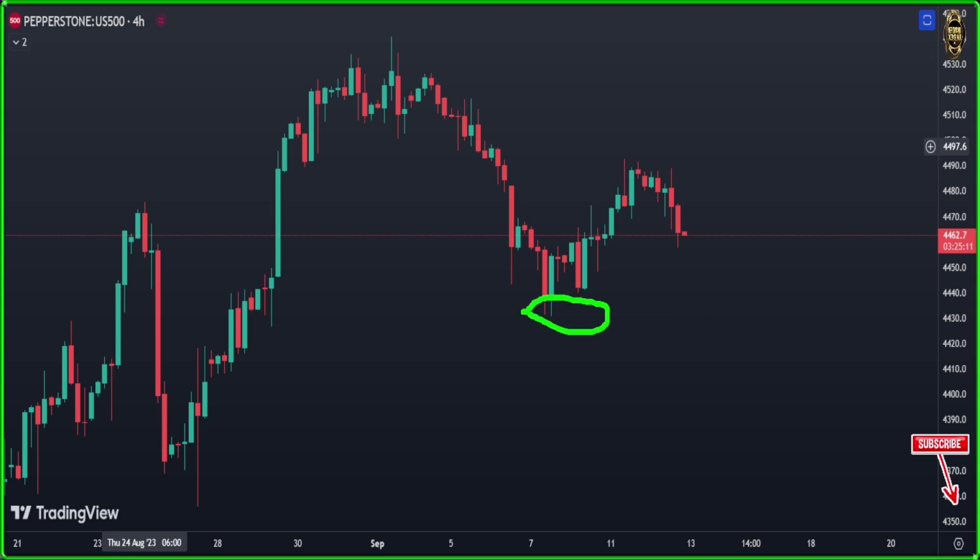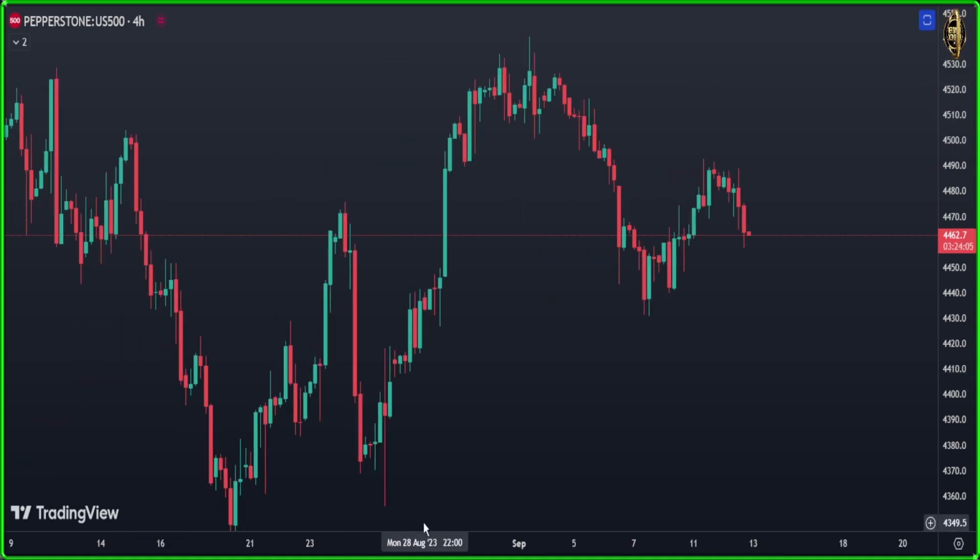I told you that you need to be focused on that level or that level here. Now we don't need to focus on that level here. We need to focus on that last high which is here. If the market goes back and breaks it from here, go back and break it. Today there is the CPI data and all those news coming, so I don't advise anyone to open a trade at that time, but it's up to you.